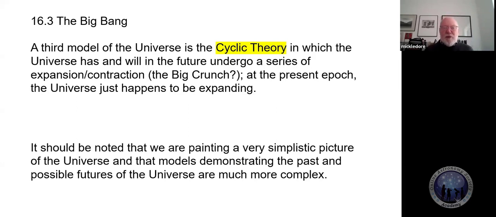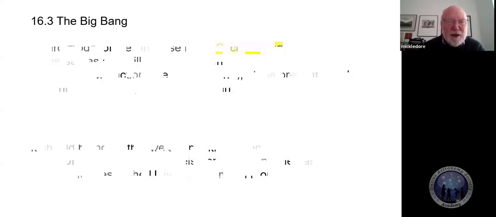Just a little rider. We are painting a very simple picture of the universe. Please don't go on to Wikipedia and type in cosmology or expansion of the universe. You'll be baffled by all sorts of mathematical symbols and ideas that you've never heard before. So I would suggest you leave that alone. Keep it nice and straightforward for now, and keep it at cosmology for dummies, and we'll all be okay, I think, with that. It is in practice very complex, very mathematical. I won't say any more about it.